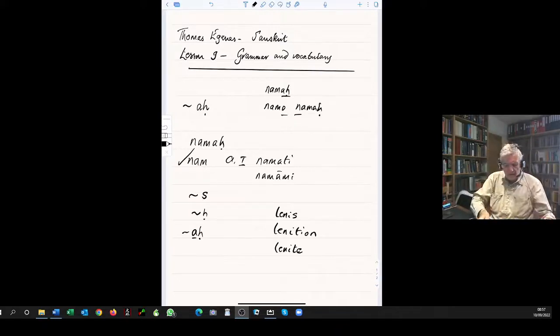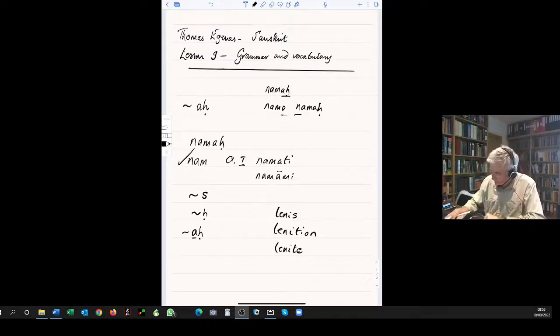If it's followed by a vowel. Okay, just to note, if it's a voiced consonant, the ah becomes o, and that's clear enough. If it's followed by a vowel, then the ah simply loses the visarga, unless that vowel is of itself a short a, which becomes o,